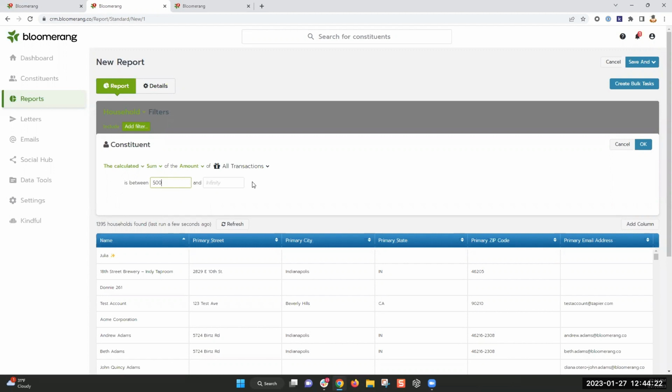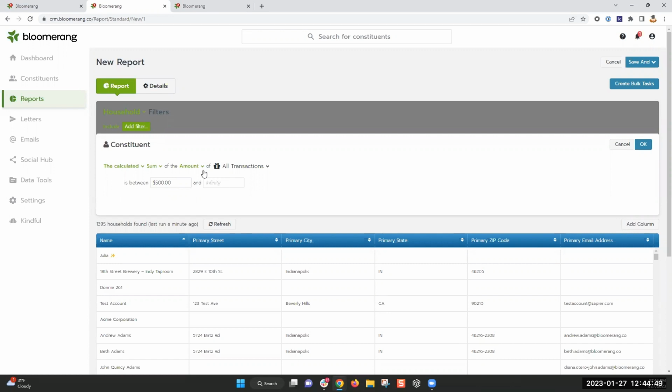So when I say, for example, is between 500 and up, I don't mean constituents who have given a single gift of $500. This means they have cumulatively given at least $500, whether that's 5 gifts of 100 each, 1 gift of 500, 2 gifts of 250. If they've reached that 500 threshold, they're going to be included in this report.